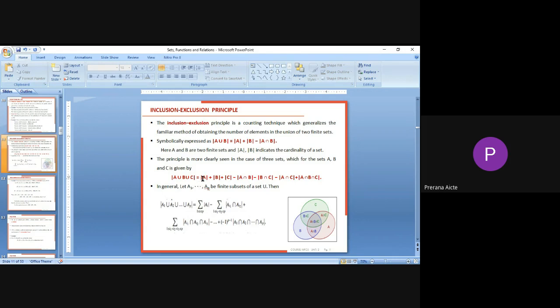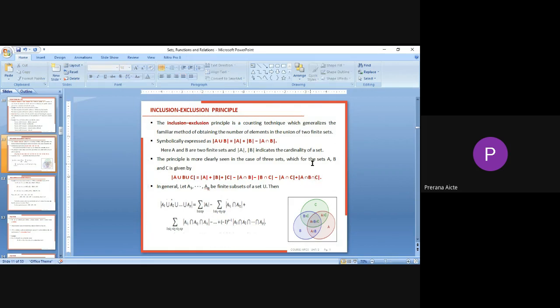If you observe here, we first write the elements from the individual sets: n of A, n of B, n of C. We are considering the element from set A, element from set B, set C. Next, we get a minus, and after that, again, we get a plus, alternatively. Like that, we can work out the inclusion and exclusion principle.